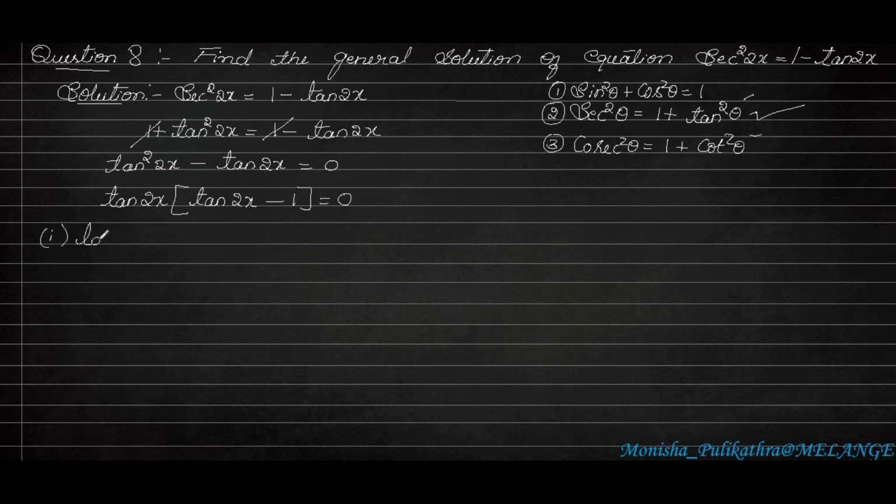In the first case, I will be equating tan 2x to 0. So here 2x is equal to tan inverse of 0. So here 2x is equal to n pi. So tan inverse of 0 will be obtained by pi, where we can use any real numbers here. So x is equal to n pi by 2. So this is one general solution where n belongs to a real number. Okay. So next one.